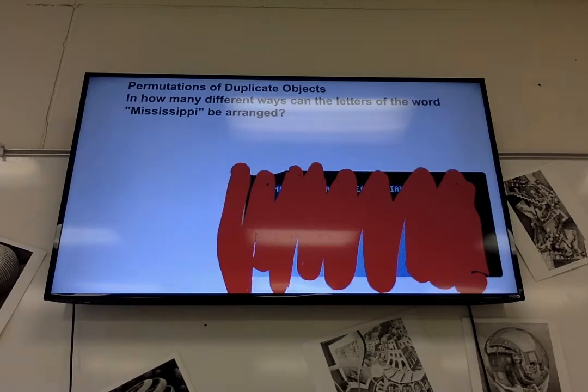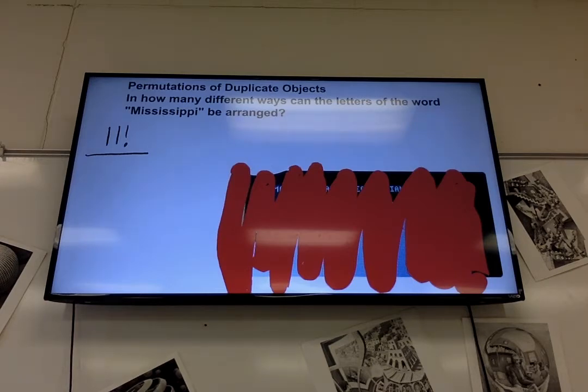So here's how you do this. We have the number of letters total. So count up how many letters there are in Mississippi. How many? Yep. So that goes on top. 11 factorial. And then you divide it by